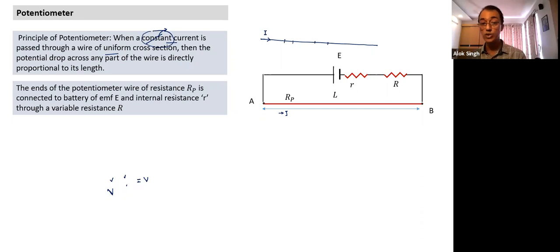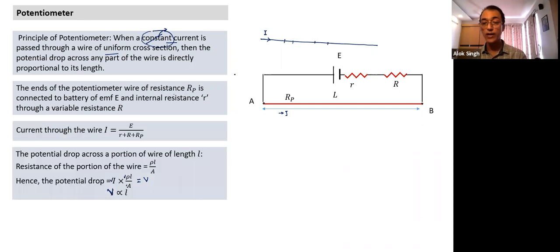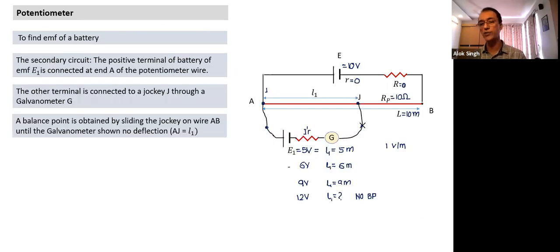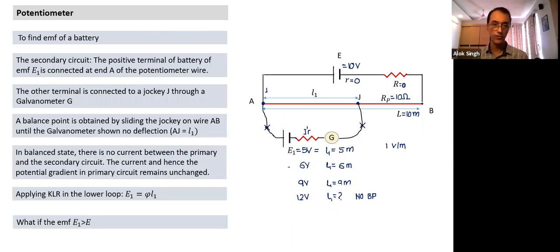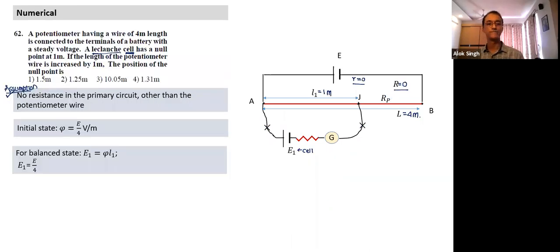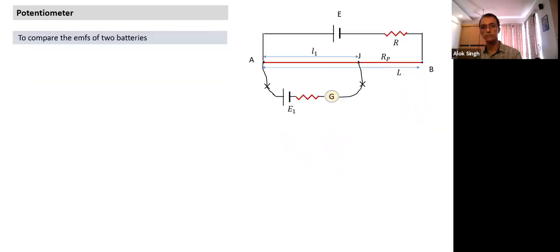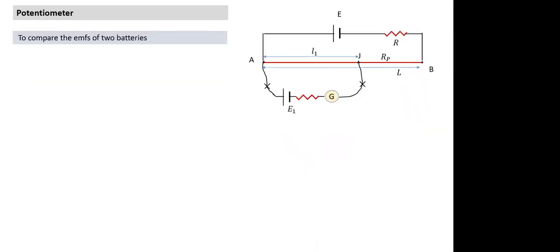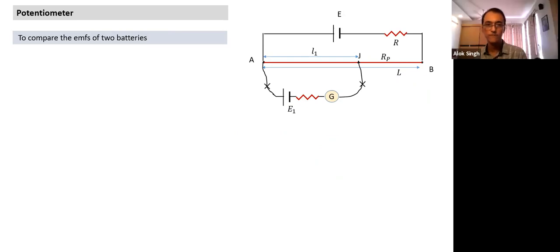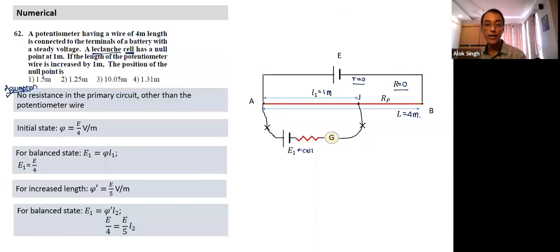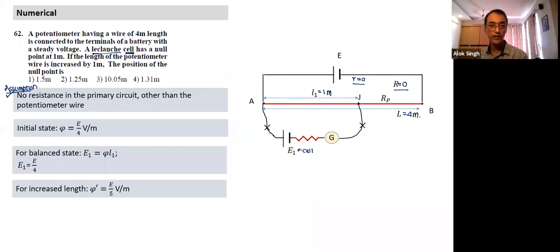We have done E1 and E2. Why are we taking the same value of 5? We take the same value of 5 because current is the same. That's what constant current implies. So whatever current is flowing before connecting the secondary circuit is the same as in the final state. And when we compare these two batteries, we write the same 5: E1 is equal to 5L1 and E2 is equal to 5L2. Why the same 5? The primary circuit current has not changed in both setups.